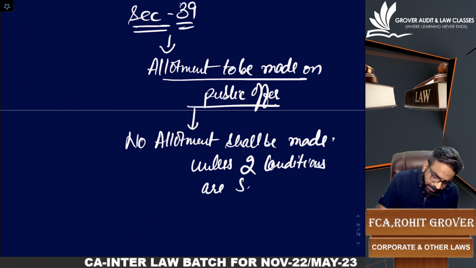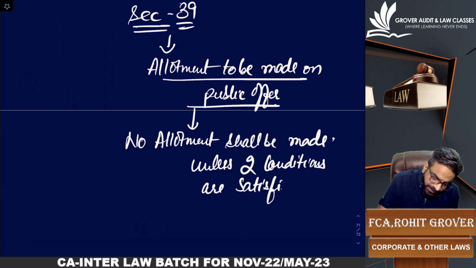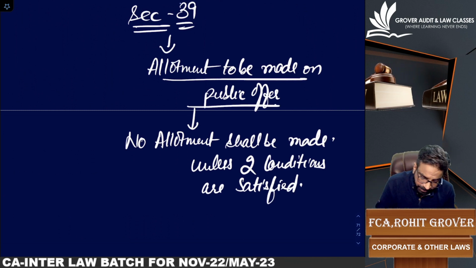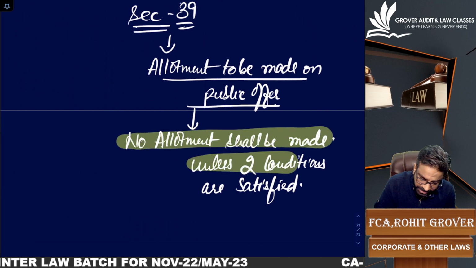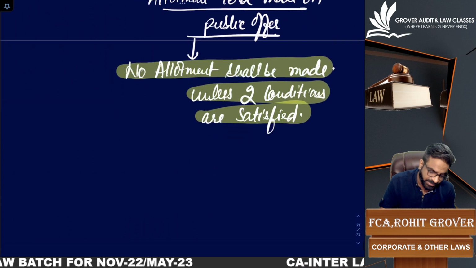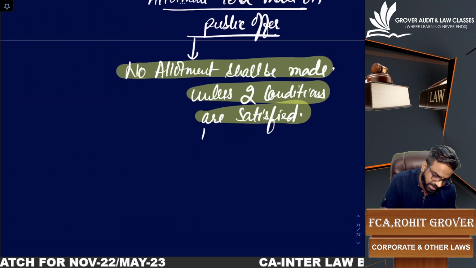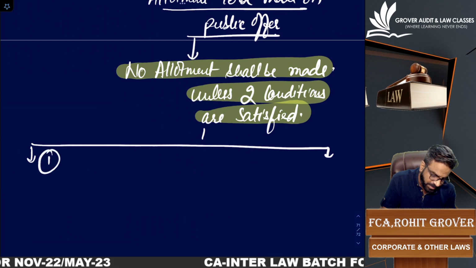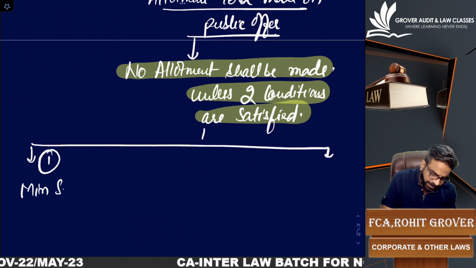What does that mean? Do we have to satisfy one of them or both the conditions? We have to satisfy both the conditions. So no allotment shall be made unless how many conditions? Two. Two conditions are satisfied. Now question arises, sir, what is the condition number 1? Condition number 1 is minimum subscription